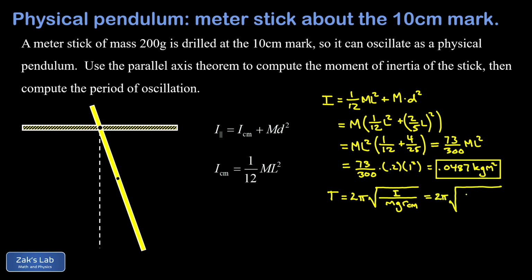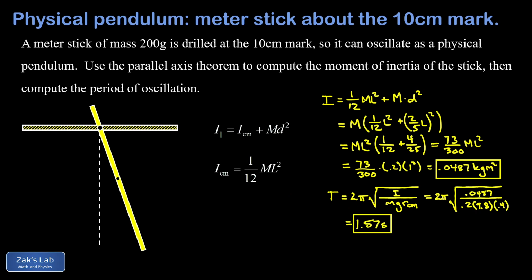So subbing into the formula, I get 0.0487. Now that actually came from a repeating decimal, 0.04866, and so on, so when I run this in my calculator, I'll keep the extra precision. Then our mass was 0.2. G, we'll use the approximation 9.8. And then r center of mass, the distance between the rotation axis and the center of mass, is again 40 centimeters or 0.4 meters. When we run the numbers on this to three significant digits, we get about 1.57